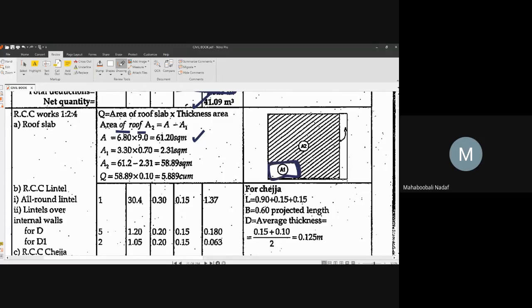If you go to the diagram, you will understand. What is the dimension in that one? Can you see? Go back to the diagram. What is the dimension of that small portion? 3 into 2.1, sir. Pardon? 3 into 2.1, sir. Now I will clear that doubt. How to do that one?